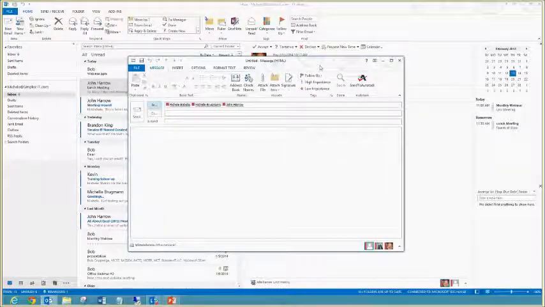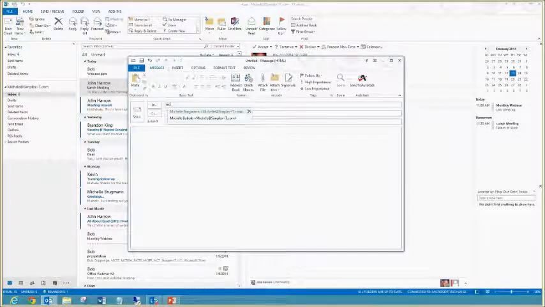Now, the other thing you can do is, if you start typing, the autocomplete comes up, and you can then click on the person that you want to send to. The other thing too is there's a little X on the right hand side. Sometimes you might send one email to somebody and you never want to send another email to them again, but they're going to pop up in your list and you don't want to see them. So there's a little X there that you can click on to remove that person from your autocomplete list,